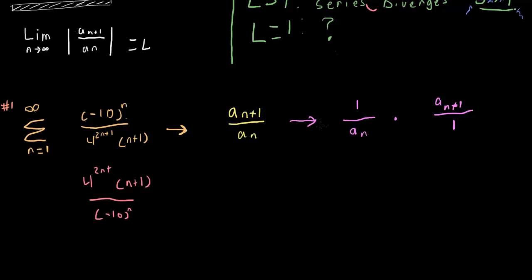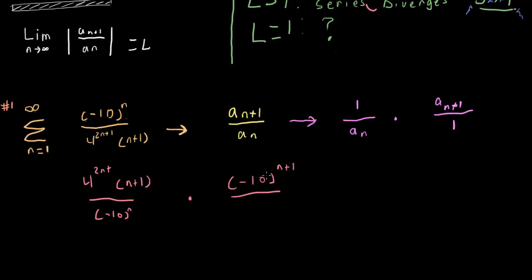And all we did here was just take the reciprocal of our original equation, which is just a of n. And now the second part of our multiplication problem is to do a of n plus 1 over 1. So all we have to do is take this original equation and add 1 to all instances of n. So we're going to multiply this by negative 10 to the n plus 1,